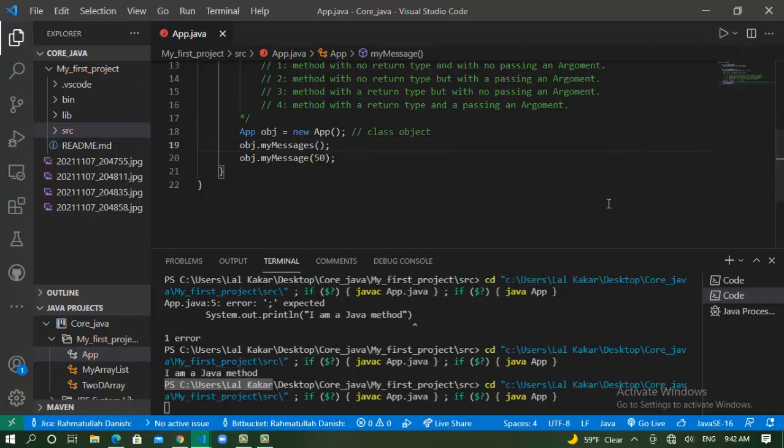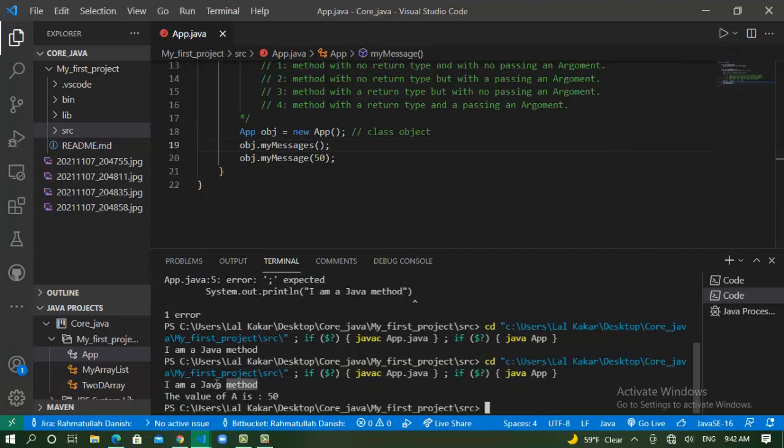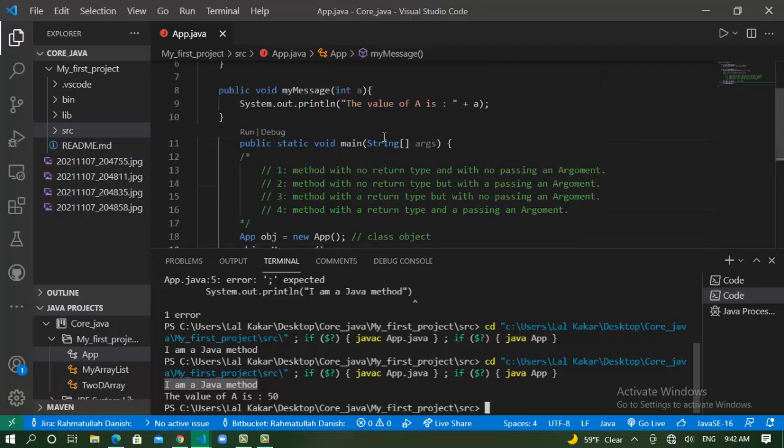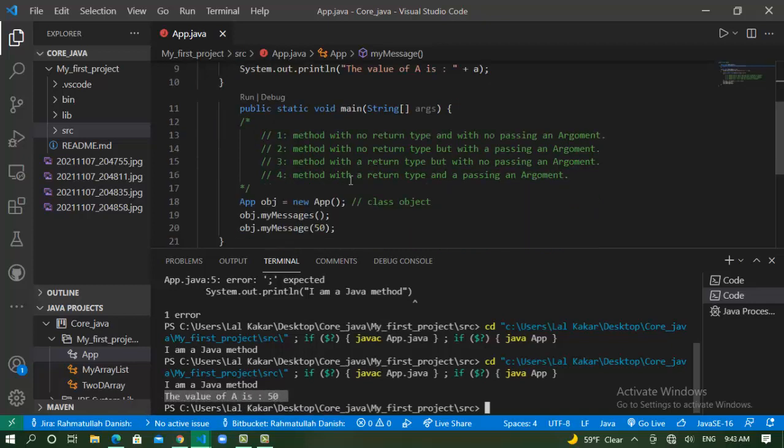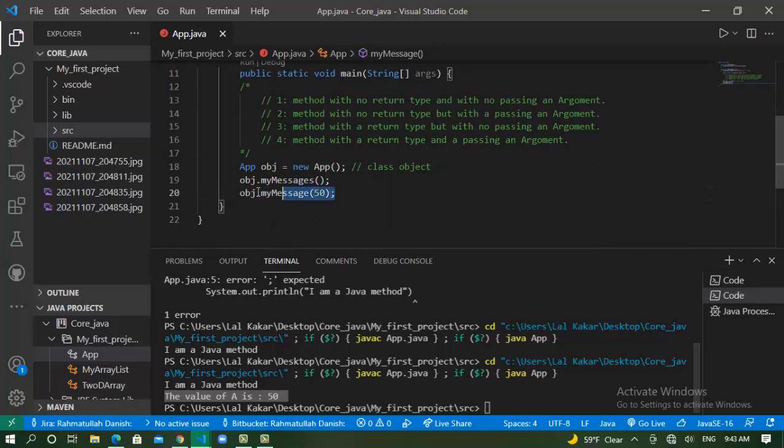When I run this program again, the first method is invoked and prints I am a Java method, this method without passing an argument and return type, and the second method is passing an argument but no return type. This is the output. The value of a is 50 because we pass 50 here. That is the Java method.